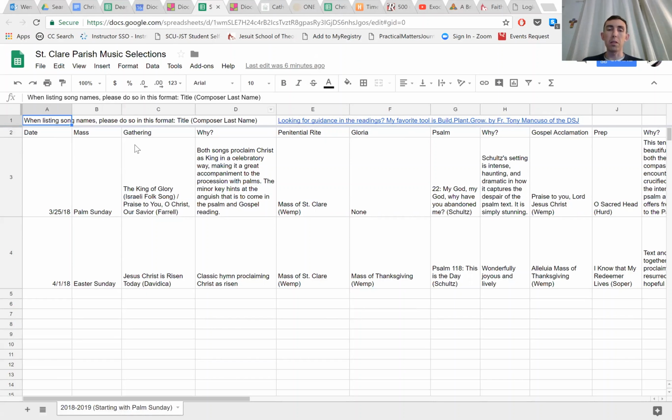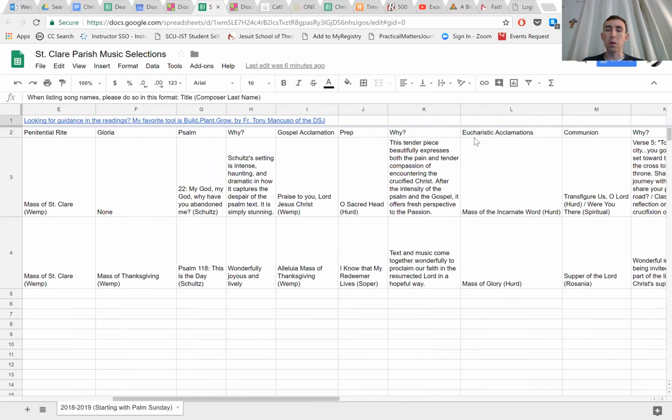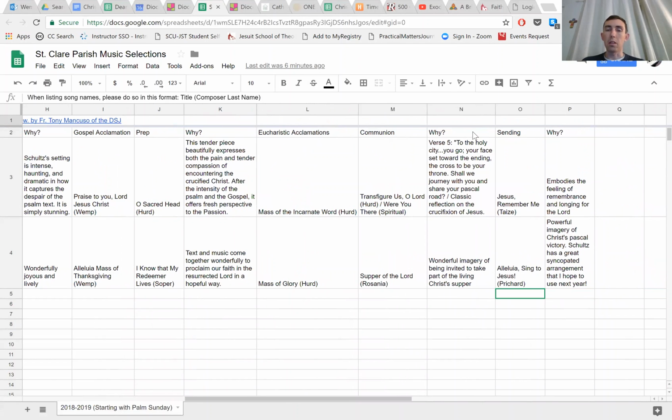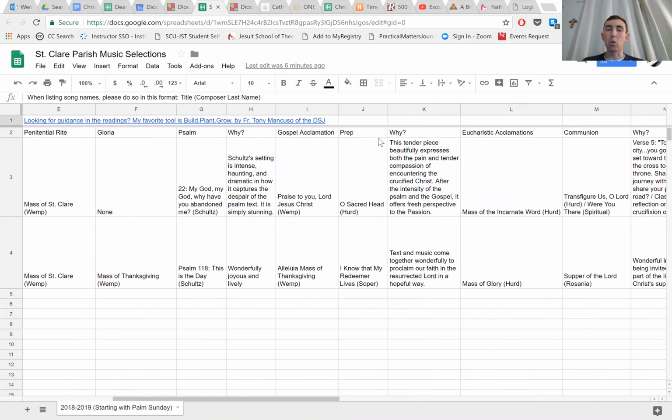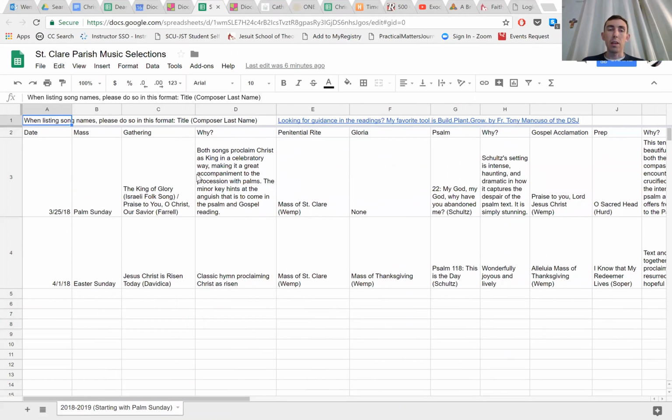And then for pieces like gathering and the psalm and preparation, communion and sending forth, I put a little why category where we can write like a sentence or two to justify why we're picking a particular piece or not. I'll send you a screenshot of this template as well so you can see what it looks like, so you can make your own. Once you are ready to share this into Padlet, you simply click on the share button,